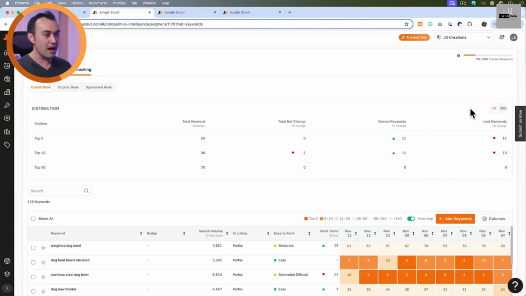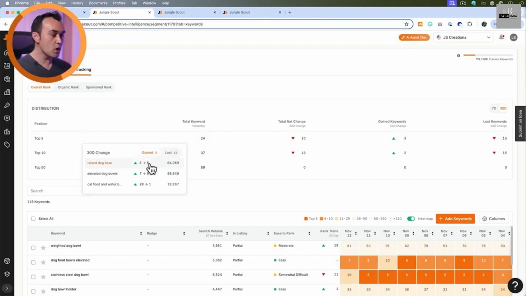You can view this for the past 7 or 30 days and see how much these numbers have changed compared to the previous period. You can even see the specific keywords and how